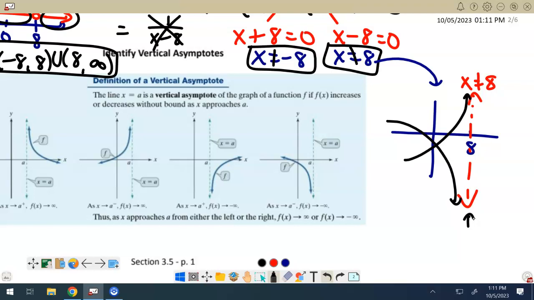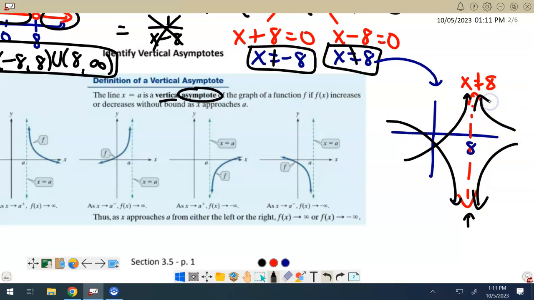This concept of a line that the graph approaches without crossing or touching is called an asymptote, right? So it's kind of this funny word here. And this particular type of asymptote is a vertical asymptote, because it's a vertical line that the graph approaches without crossing or touching. And then, so that vertical line cuts the graph into two separate pieces. So one piece will be on the left, and then you'll have a piece of the graph that's on the right. And again, same thing. It could do something like this,